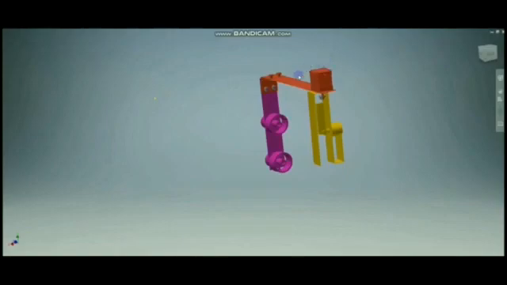Now the second subsystem is the rotational subsystem represented by color red. Now this rotational subsystem contains a frame and a stepper motor. This frame also provides housing space for Arduino kit and Bluetooth module. It also connects the movement subsystem and the striking subsystem together. This stepper motor right here controls the rotation of the striking part from 0 to 180 degrees so that the striking angle can be controlled.